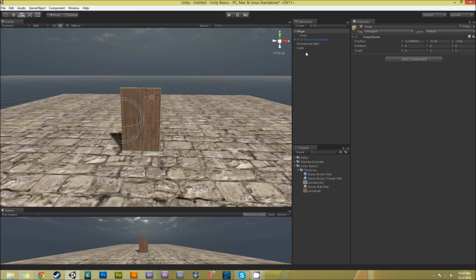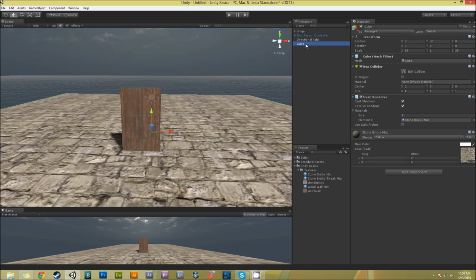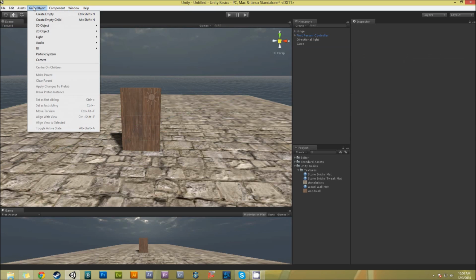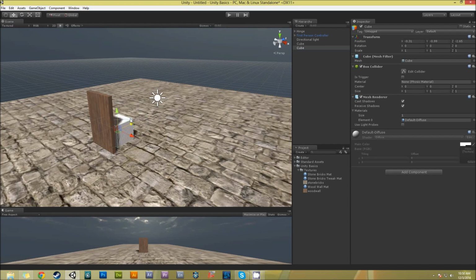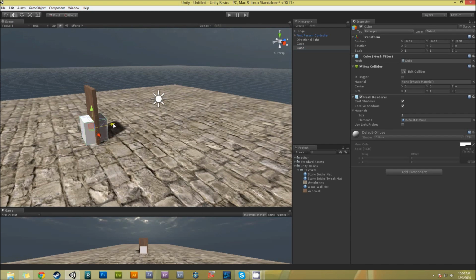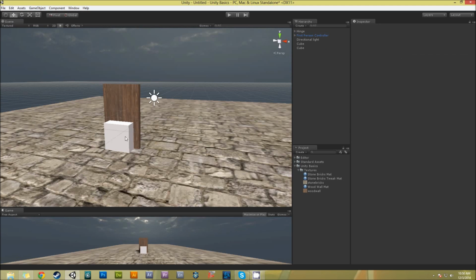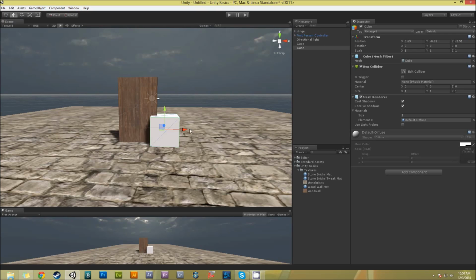That all depends on what style of door you are opening. So now that I have a door object, let's build a small structure around it so it doesn't just look like this blank little door thing. So game object, 3D object, cube. Here's my cube, and let's put it up around the door. We're just gonna make a kind of a wall around it. I'm gonna have it be around 2 high for the door, a little taller than 2. So let's go 2.3